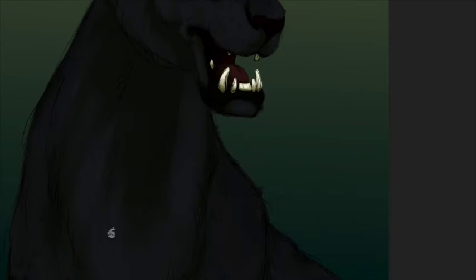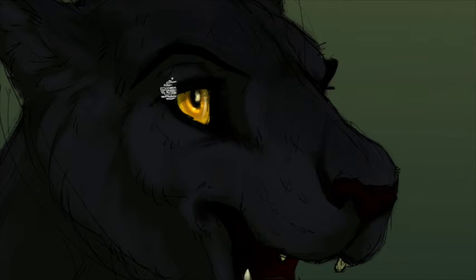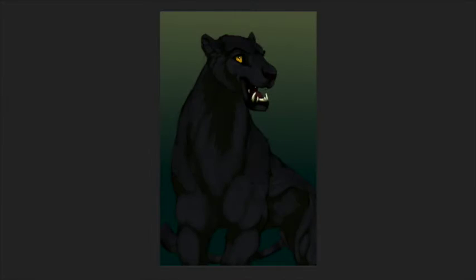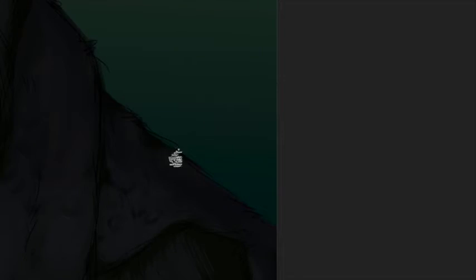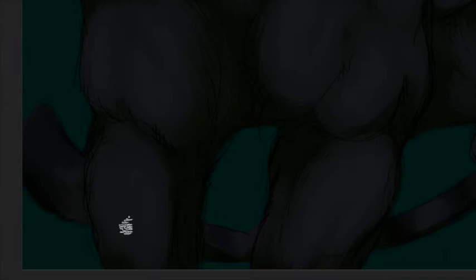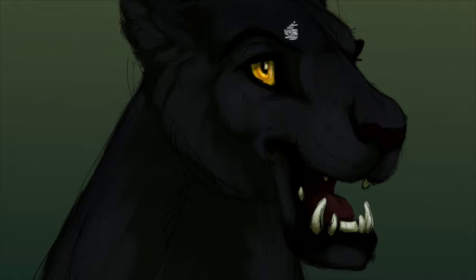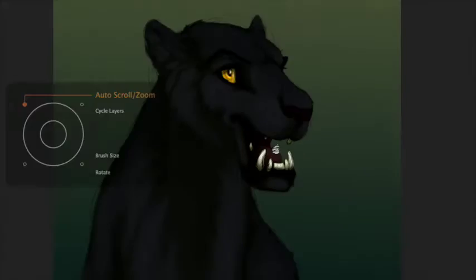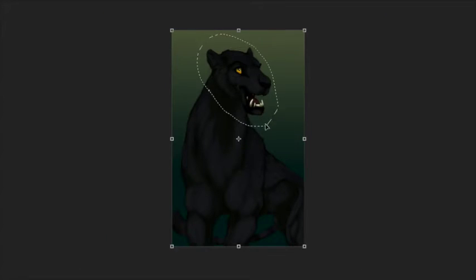The problem with the Lion King style, okay, I take that back. Not a problem. An issue that it raises, once you get to the point of learning how to draw a character in that Lion King style, is it has no room for growth. Once you learn how to draw in the Lion King style, and you go and try and draw a real lion or a real tiger or anything, you're going to struggle